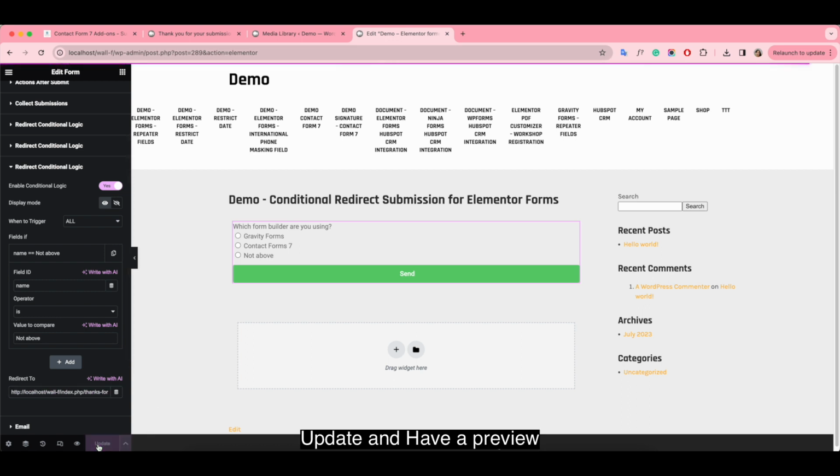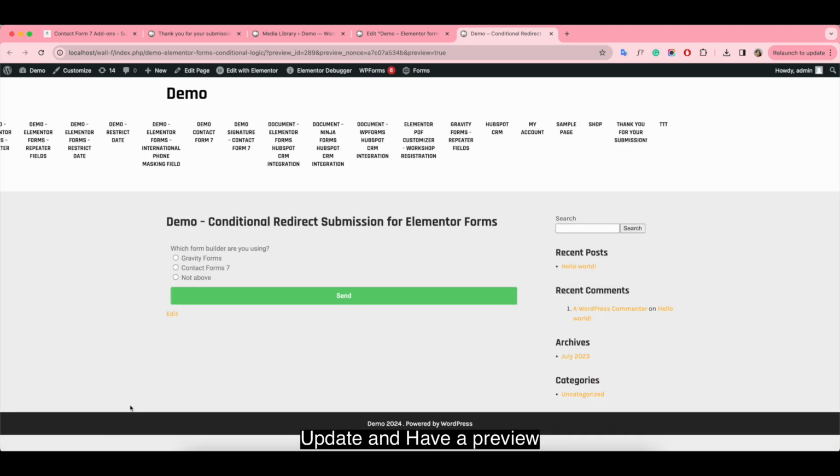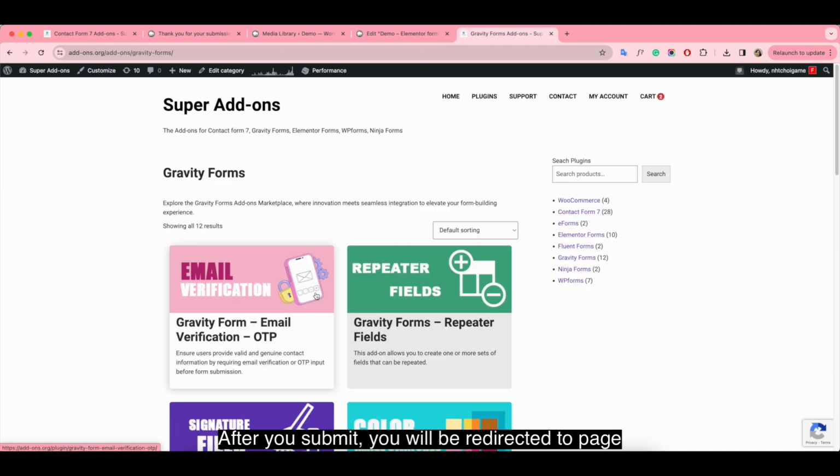Update and have a preview. After you submit, you will be redirected to page.